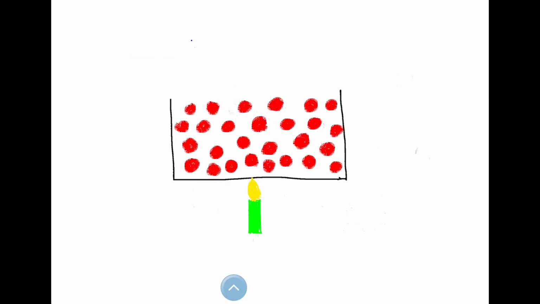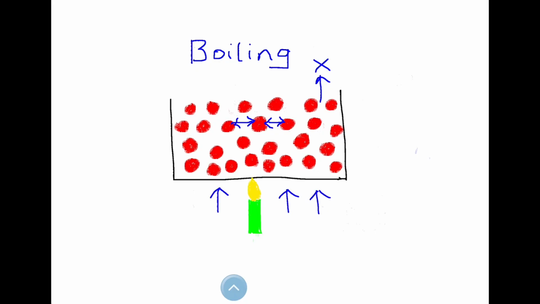Boiling means rapid vaporization of any liquid by application of heat. In a liquid, the molecules have stronger intermolecular forces that hold them together and prevent them from escaping the liquid surface. When heat is applied, these molecules begin to vibrate, and as more and more heat is applied, a point is reached at which this energy is enough for the intermolecular forces to be broken, and molecules are released into the gaseous state. This is called boiling, and the temperature at which this happens is called the boiling point of